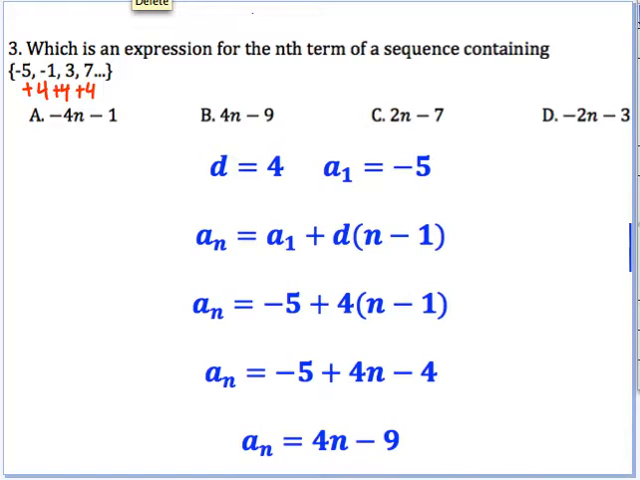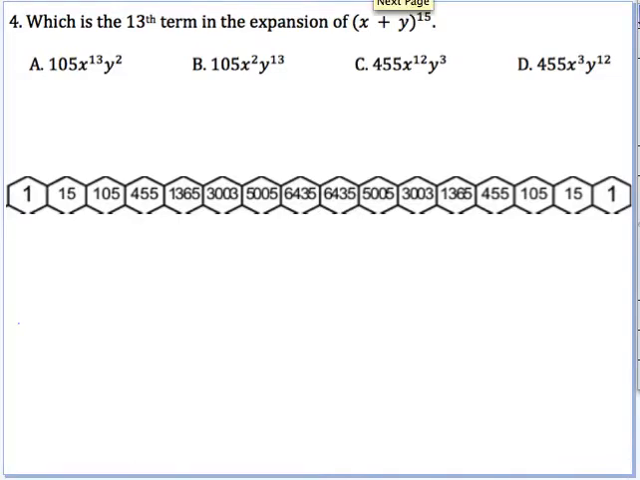Okay, and then that's my answer. My B is my answer. Okay. All right, next one, which is the 13th term in the expansion of x plus y raised to the